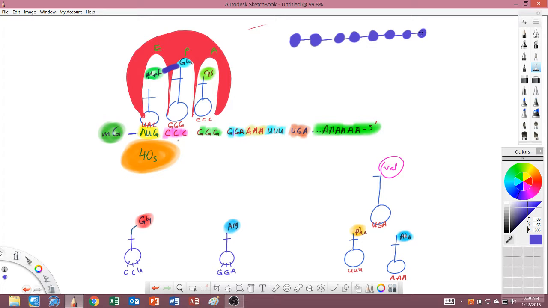Yeah. The 40S you said just attaches to the start codon? No, the two of them will scan together. They scan together. So the 40S will just scan wherever the 60S. Without 40S, 60S cannot attach. Oh, okay. And they'll both keep scanning the same way. It's almost like you have a tape and you have two things that go like this. Okay, and it keeps reading the code one codon at a time, one codon at a time. And you keep adding amino acid in that specific sequence.